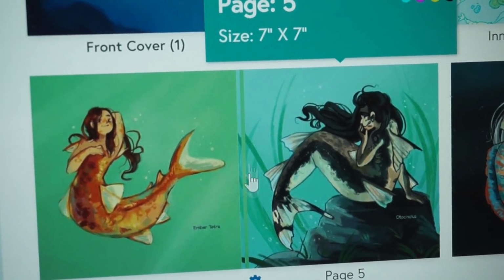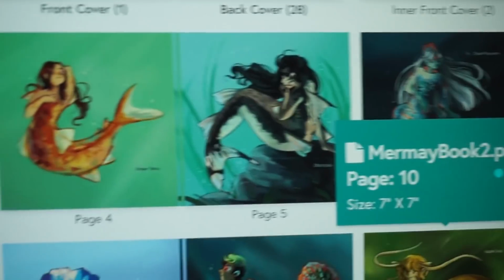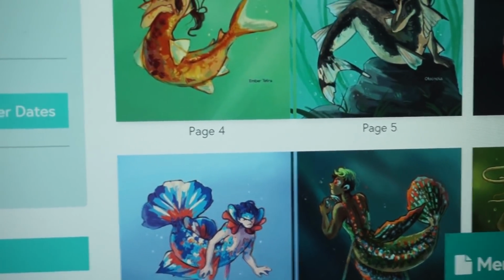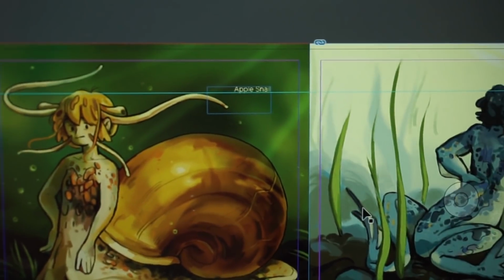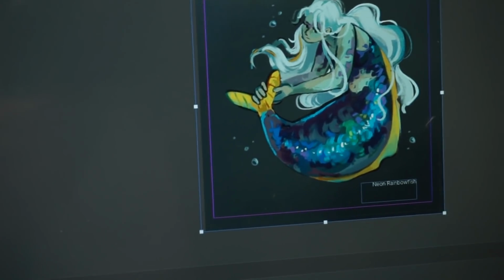See how there's like lines? Which probably would be hidden anyway, but I don't want that. I don't want it to be like that in case you can see a part of it. It'd just be weird. So I looked up how to avoid that, and you can split your pages so they